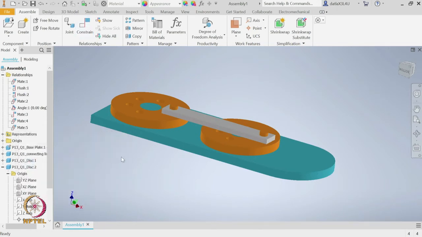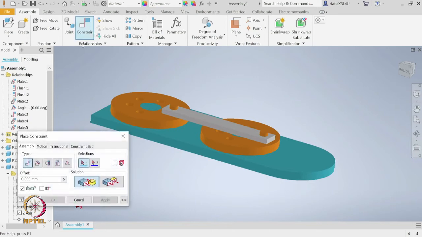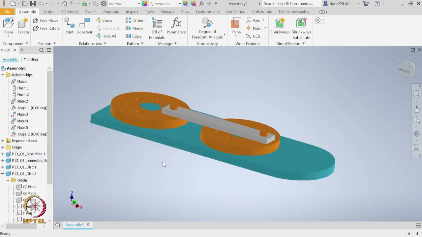The last thing we need to do is, when this pin 1 moves, we need to make sure this link is horizontal. For that I will give an angle constraint between this face of the link and this face of the base. Yep. So, I have said that the angle will be 0. Okay. So, with this we are done with what is required to assemble this device.